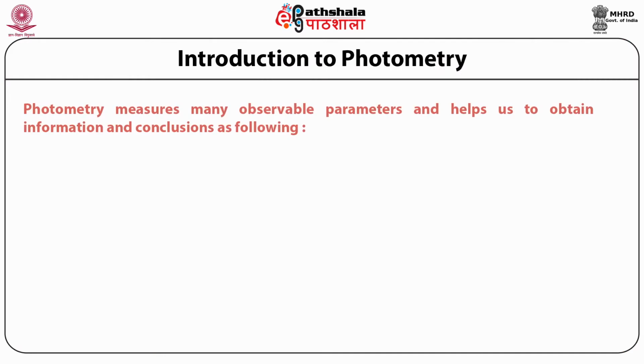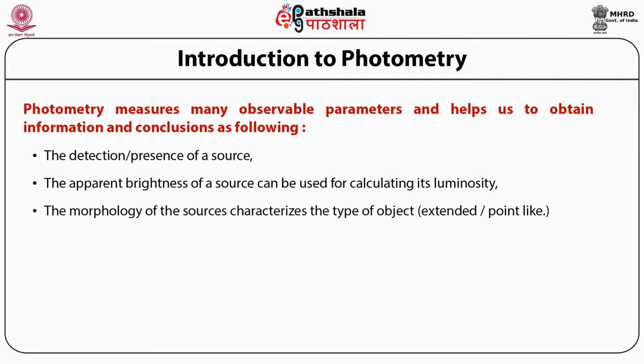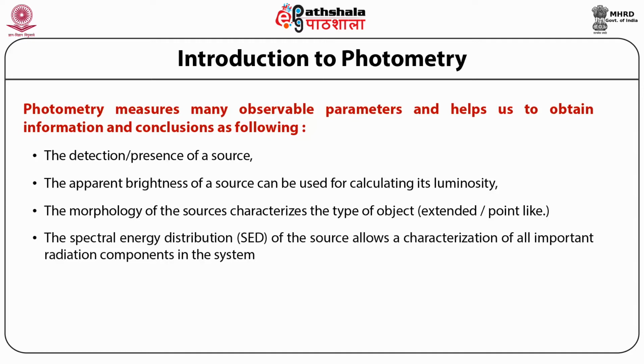at all. Photometry measures many observable parameters and helps us to obtain information and many conclusions, like to detect and see the presence of a source, to look for the apparent brightness of a source, which can be used for calculating its luminosity, to see the morphology of the sources which characterize the type of the object, whether it can be considered to be a point source or even an extended one, to look for the spatial energy distribution of the source, and to see how this distribution allows the characterization of the all important radiation